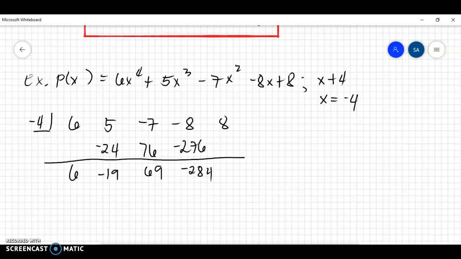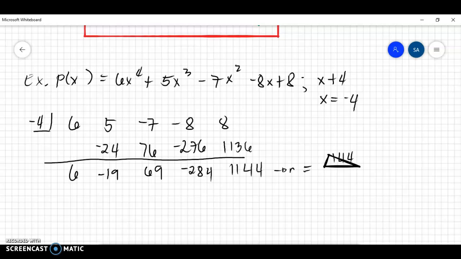Negative 284 times negative 4, negative times negative is positive, so we have 1136 plus 8, you have 1144 as your remainder. And the remainder can be expressed in polynomial